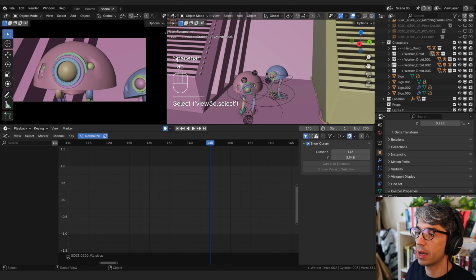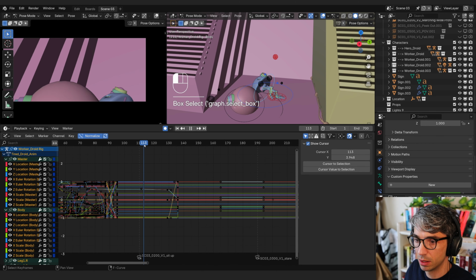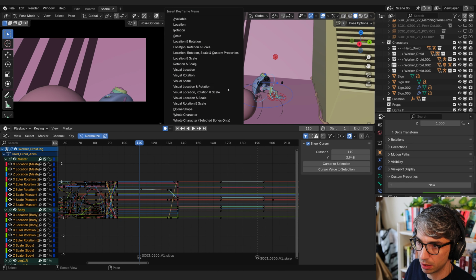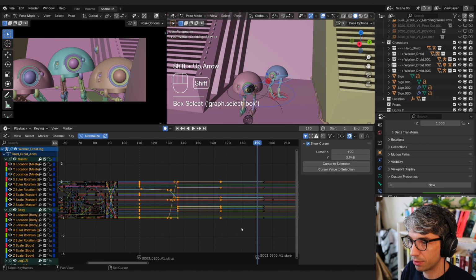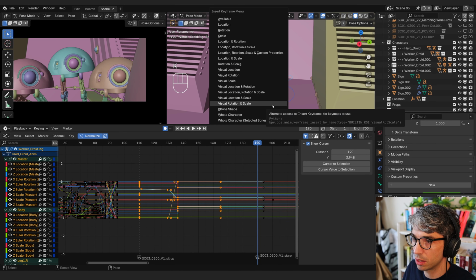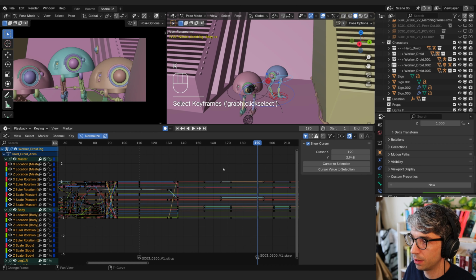Let's figure out this guy in the back. What's he going to do? I'm just going to come to the start, first frame here. I'm going to hit K and then hold character just to start off with a key for him. And then I'm going to select everything for his shot. I might go to the last frame as well. Do the same thing, key and hold character. And then what I could do is I can grab